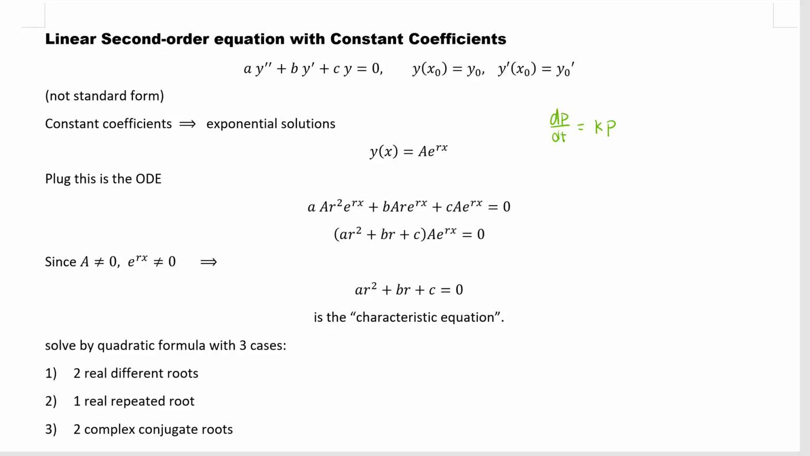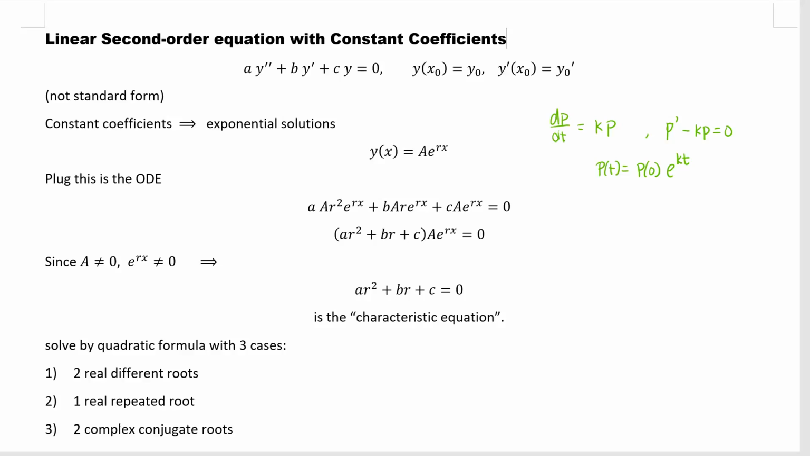So this is the same as saying p prime minus k times p equal to 0. This is a first order linear ODE with constant coefficients. And what is the solution? The solution is p of 0 times e to the kt. So we have exponential functions. That's why if we have constant coefficients, maybe the solution is going to be